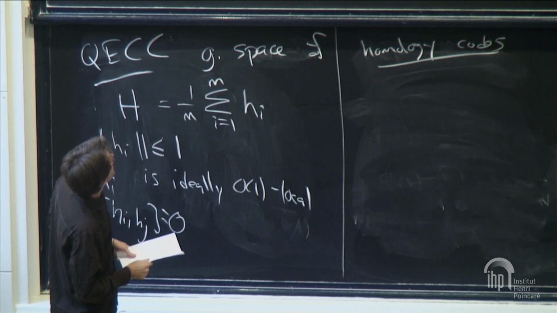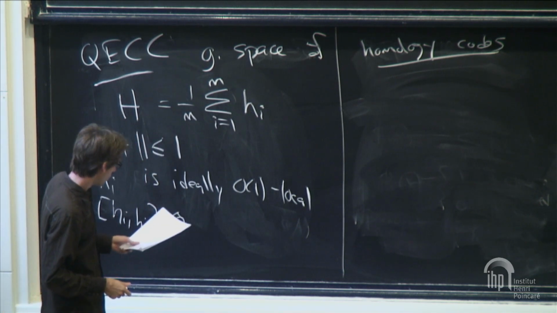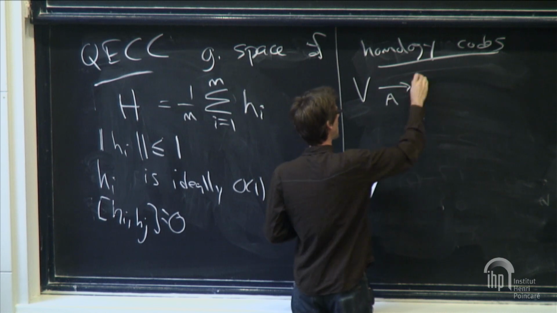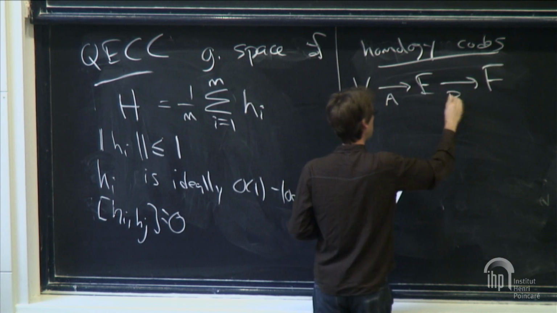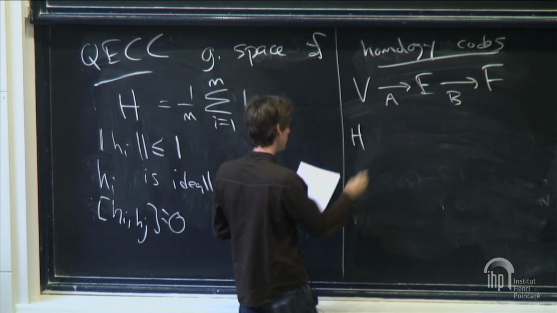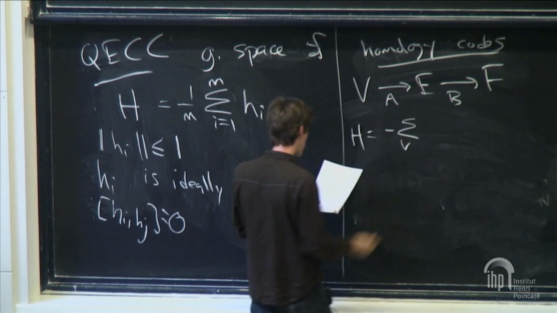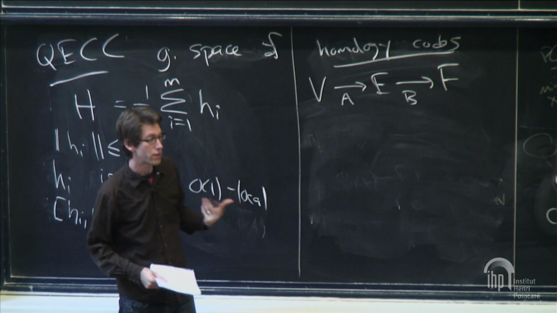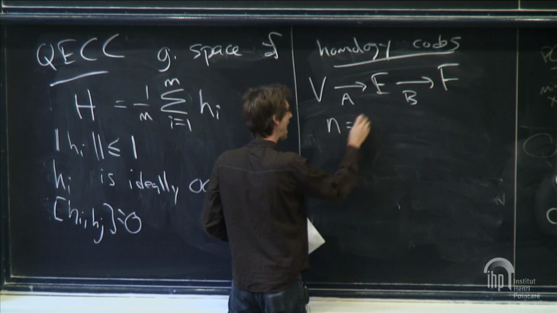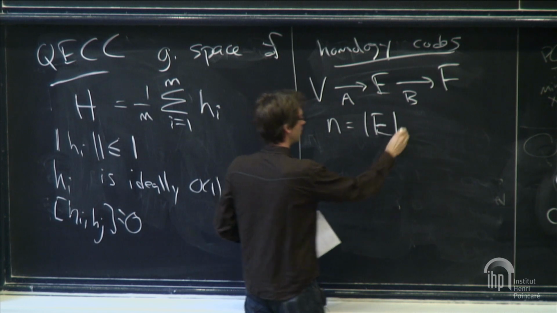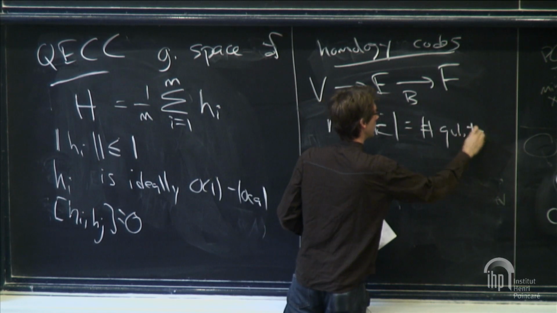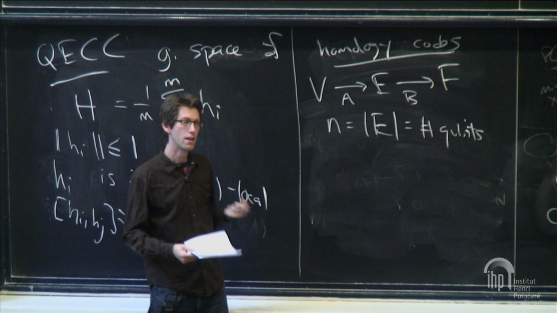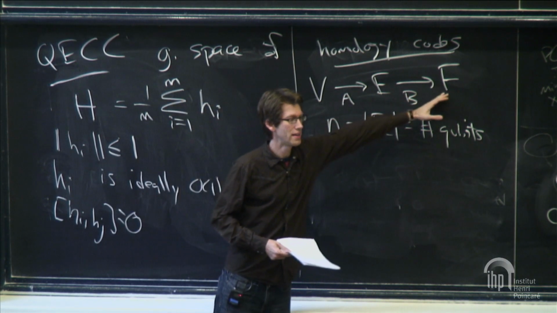And this is one of the things I just erased, so let me write it again. Let's say you have maps, let's call them A, B. Sorry, so let's say you have some kind of homology like this, some F2 homology. We'll take n, the number of qubits, to be the number of edges. Okay? And then we'll assign check terms to each vertex and each face.